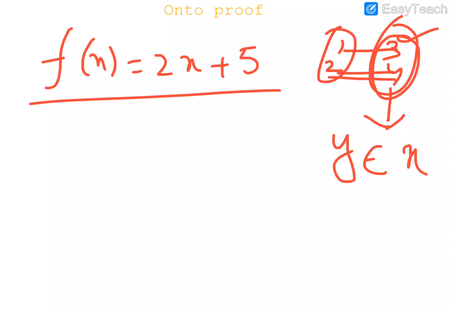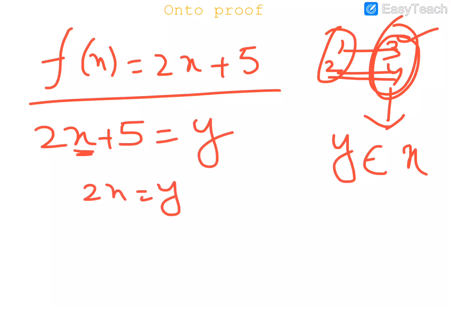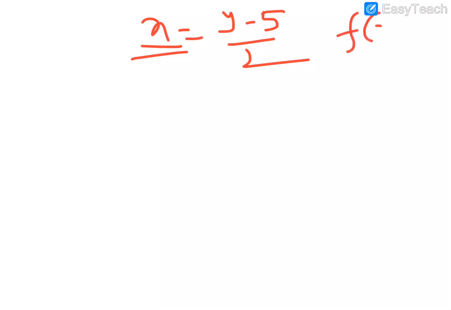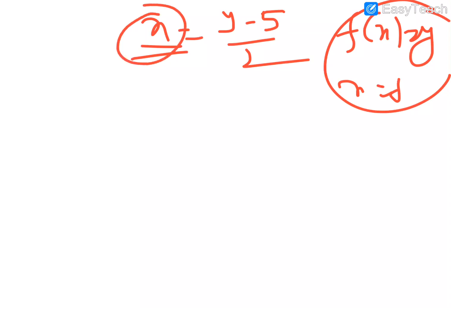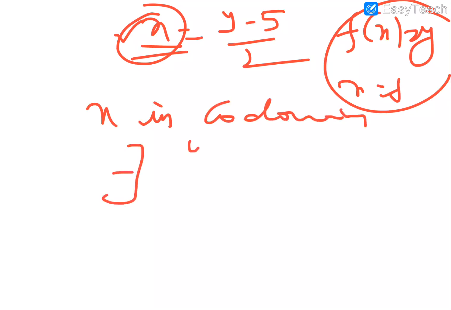So f of x is equal to 2x plus 5. Now what is the procedure? We equate 2x plus 5 to y, and find the value of x. 2x is equal to y minus 5, so x is equal to y minus 5 by 2. Now this x, f of x is equal to y, that is x is equal to f inverse of y, that we will learn later. So for every element y in codomain there exists y minus 5 by 2 in